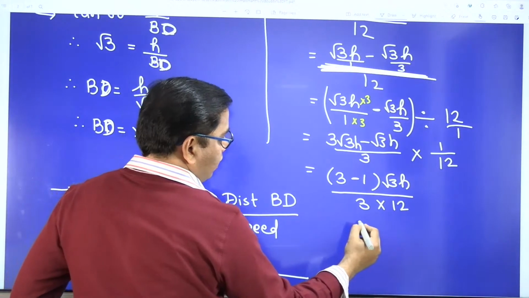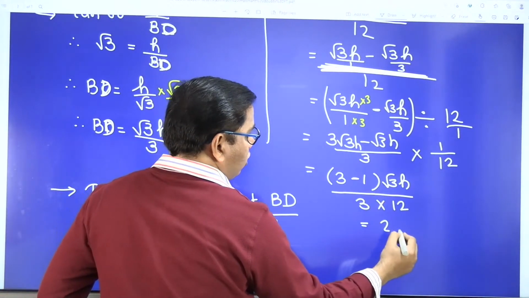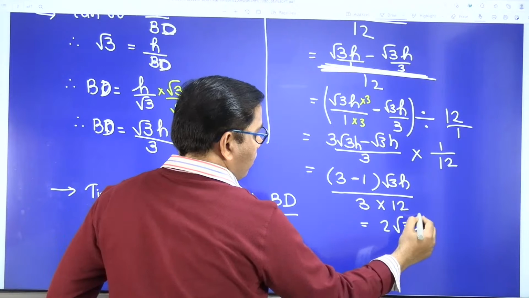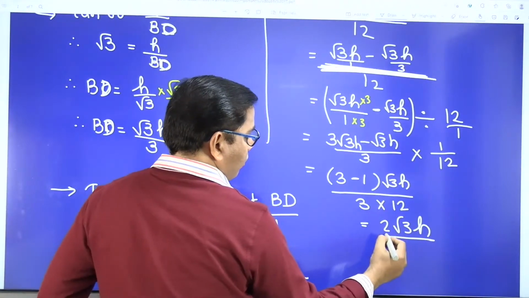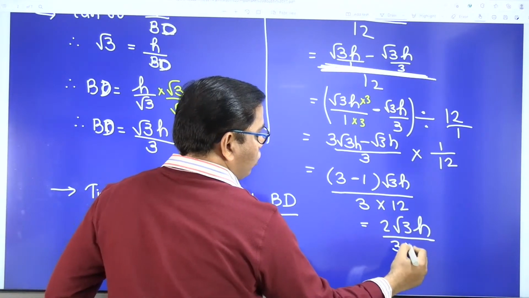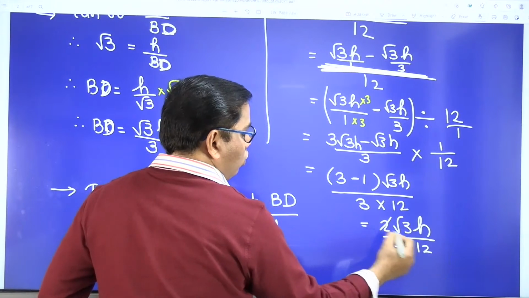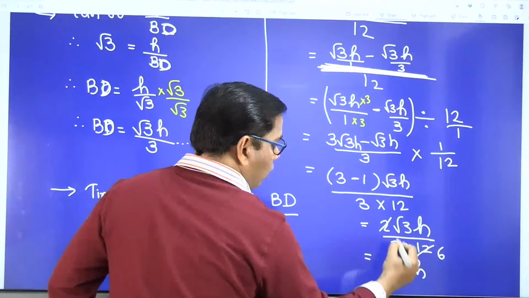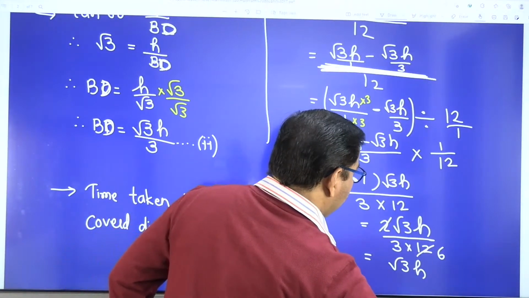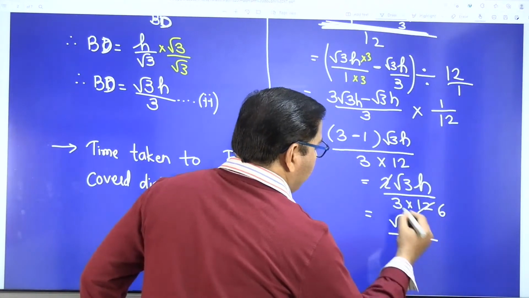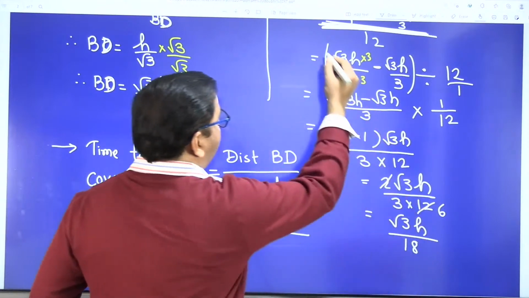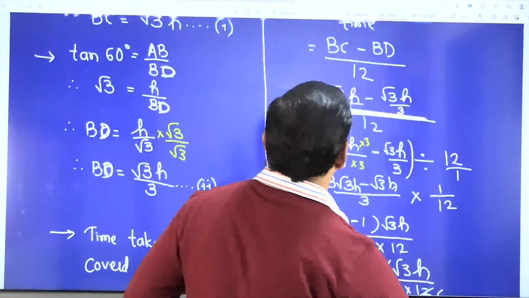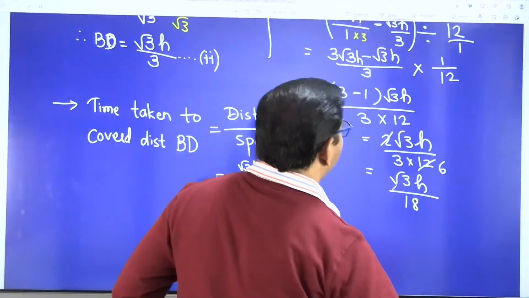Correct? So this becomes 2 root 3h upon 3 into 12. So 2 into 6 is 12. Now it is absolutely fine. Root 3h upon 3 into 6 is 18. And what is this? This is speed, correct? So speed is,